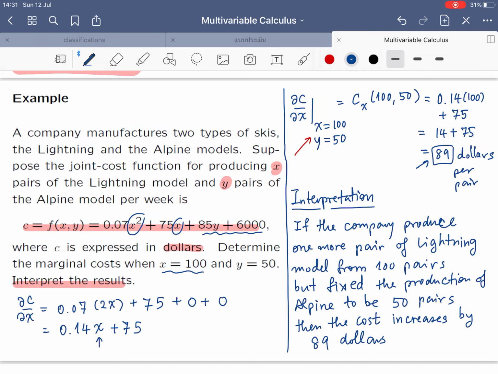Okay, so the keyword is that you produce one more from the original production that you did right now,